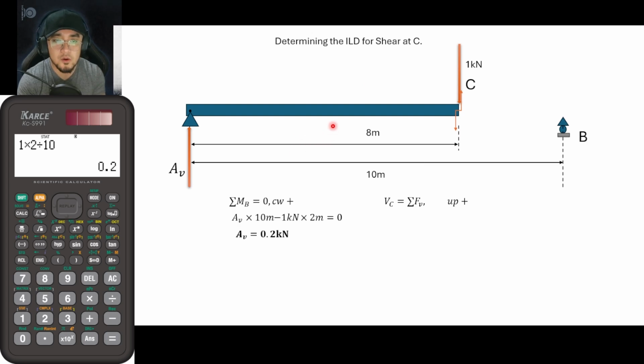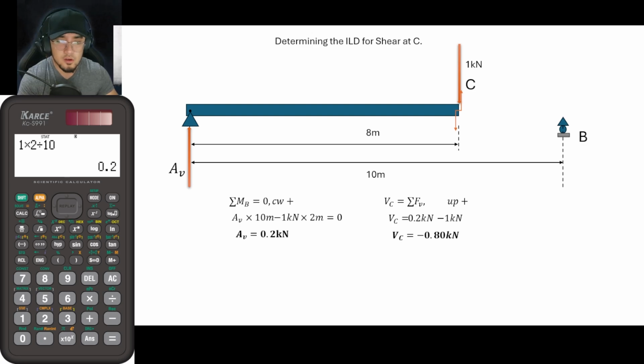Okay, so using this figure, we have here the force AV, that is upwards. So VC is now equal to AV, that is 0.2, and it is upwards. So 0.2, and we have here a 1 kilonewton load, which is downwards, so minus 1 kilonewton. And 0.2 minus 1 kilonewton would give us an answer of negative 0.8